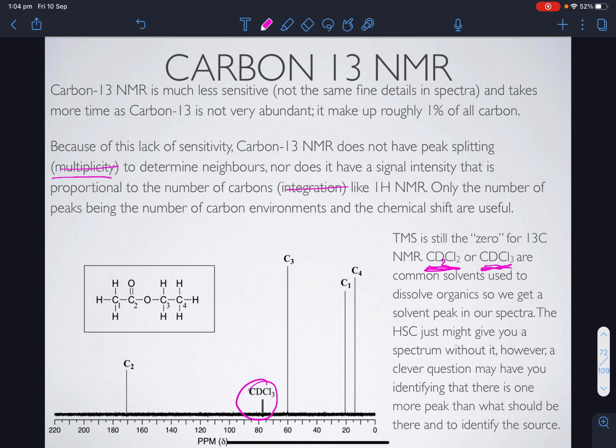So here I've got the carbon-13 NMR for, what have we got here? We've got an ester, don't we? And I can tell it's an ester because it's got the ester group in the middle, the carbonyl with the oxygen single bonded, and then the rest of it. This is your alcohol source, so it's an ethyl. And there's 2 carbons on the carboxylic side, so it's an ethanoate. So I've got the carbon-13 NMR of ethyl ethanoate,